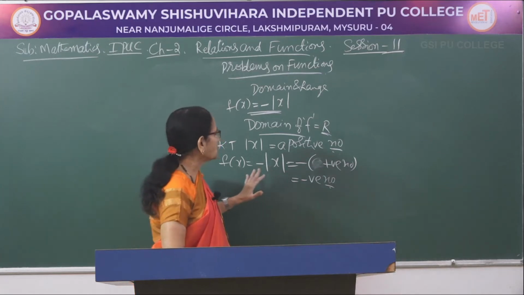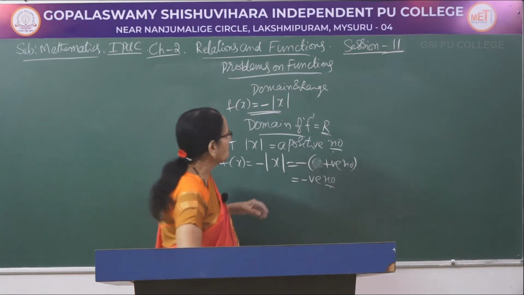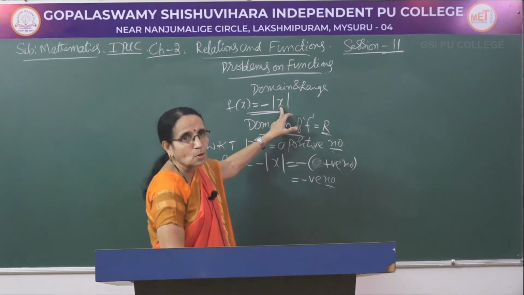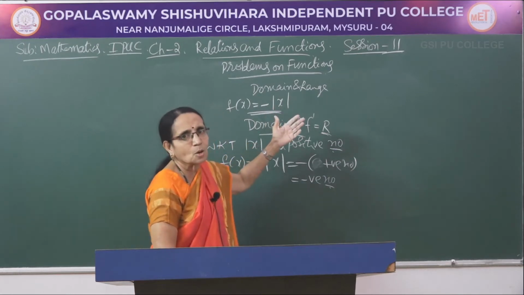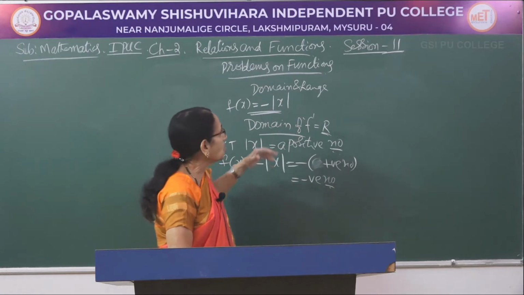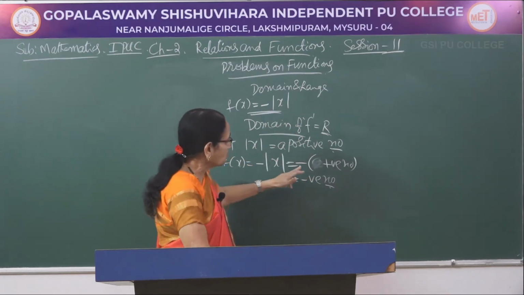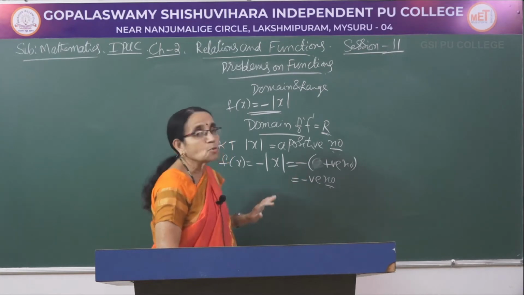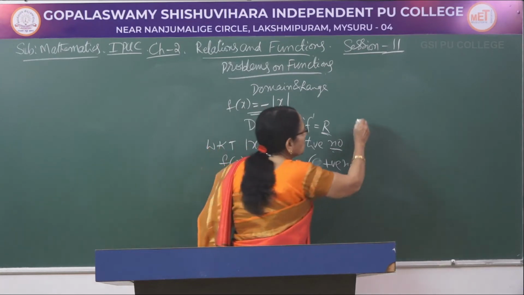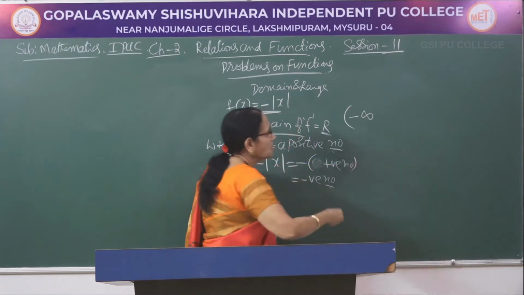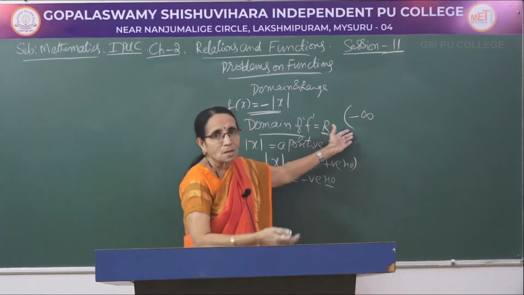That means that, see, the negative real number means, of course, 0, you can take the value 0 also. Minus of 0 means it is 0 only. So, 0 is included. Any other value you get for modulus of x, when you multiply by the minus sign, it would be a negative number. Therefore, it starts on the left hand side with the least number.